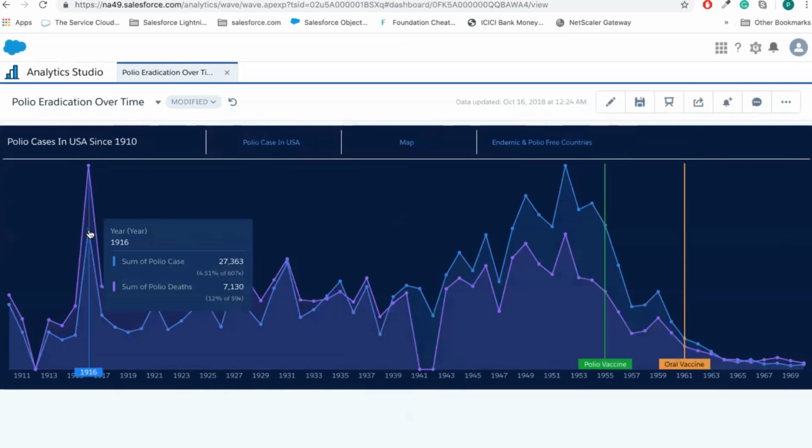So what you see on the screen right now is an empirical view of how polio existed starting from 1911 till 1969. So as you can see over here, these two metrics are giving us an idea of the number of polio cases and the number of polio deaths. And you can see that there was a spike in 1916. And the reason for this spike was